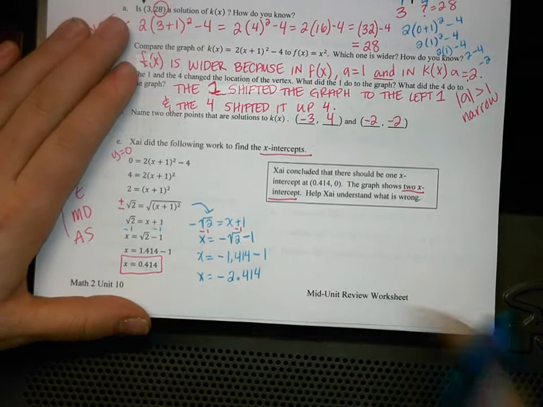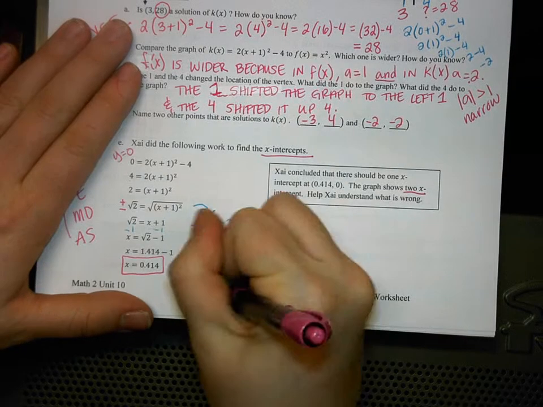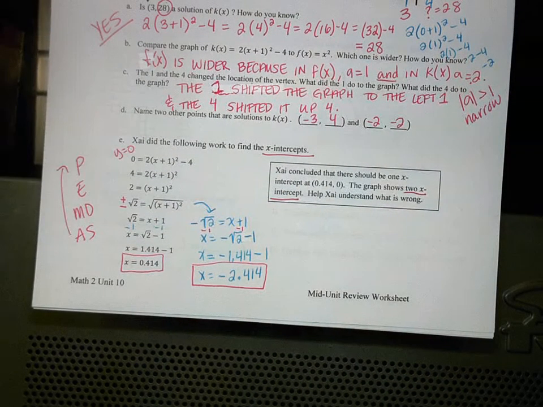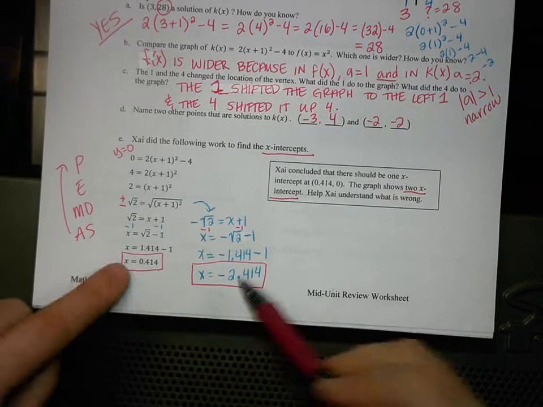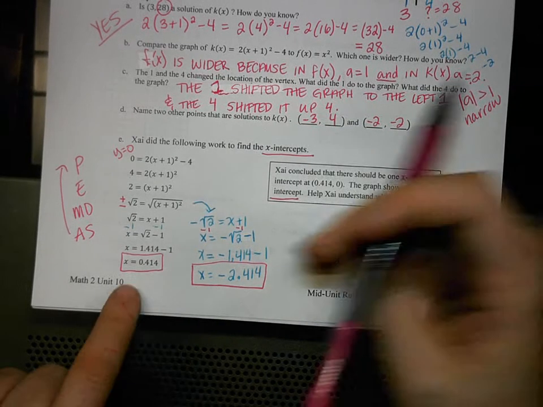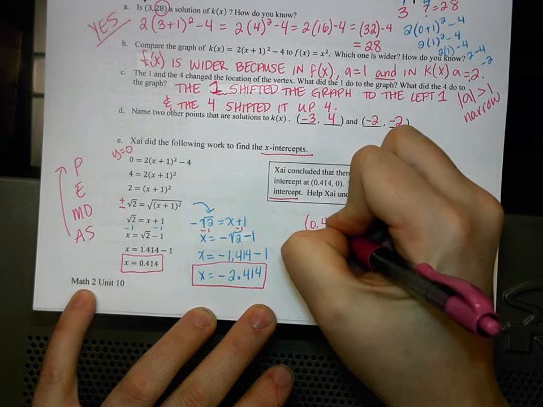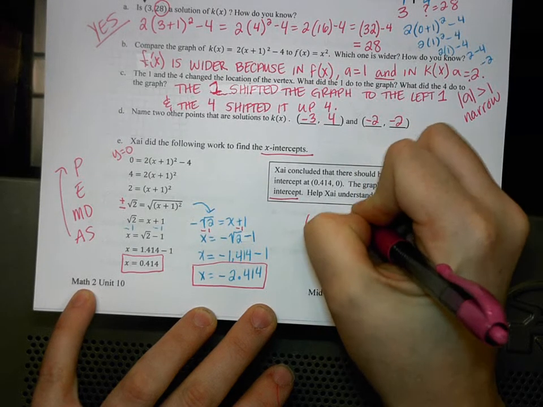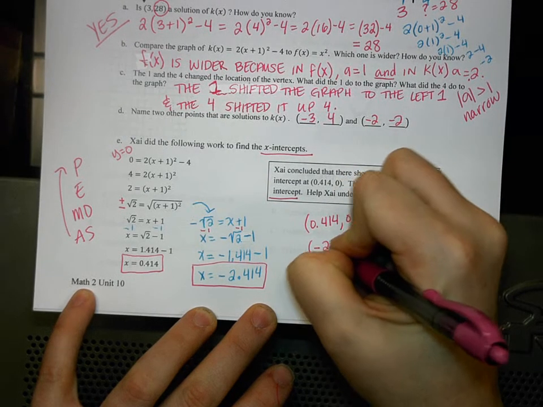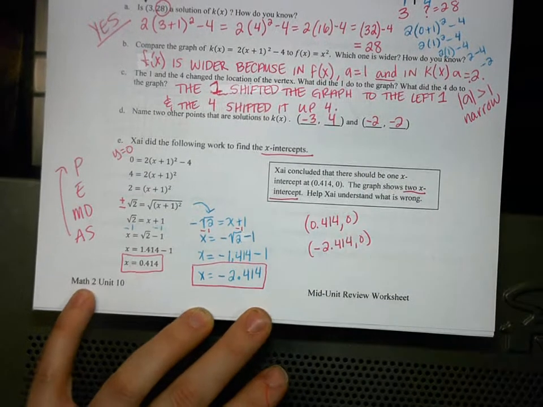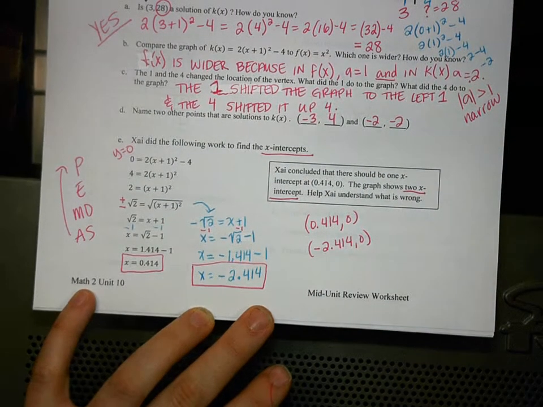So there are 2 answers to this. So 2 x-intercepts. And those you can write as points. And those would be the 2 points that were graphed on our